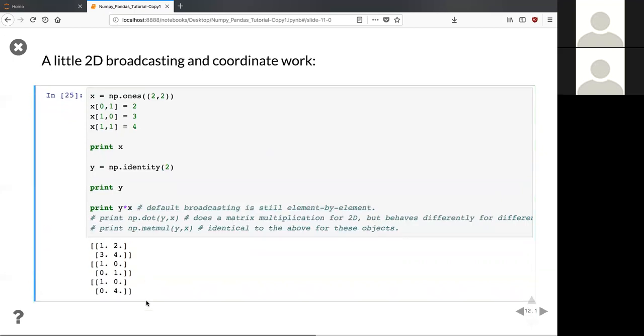Well, if it were following what we expect from math for matrix multiplication, then we would just get 1, 2, 3, 4. Obviously, this is not that. So broadcasting for this does not do what we would straightforwardly expect from math. Rather, it does, as we see, element by element product like it did for our 1D arrays. It gives us 1 times 1, 2 times 0, 3 times 0, 4 times